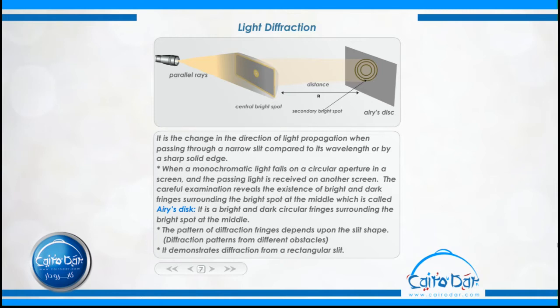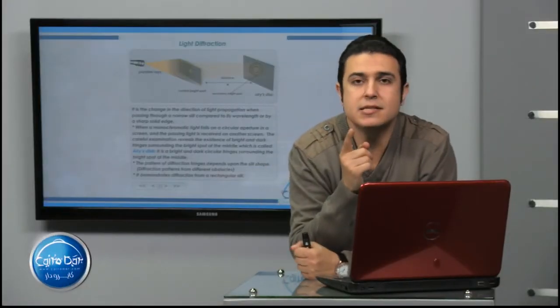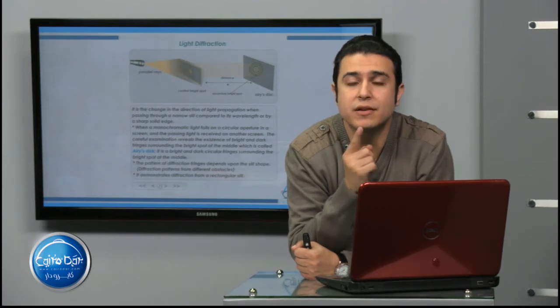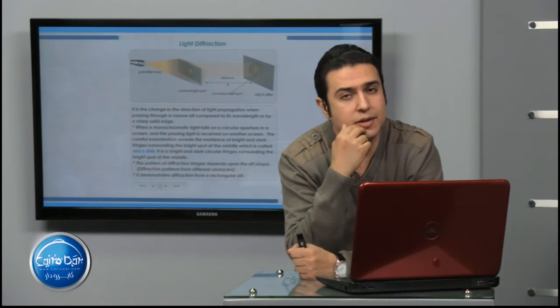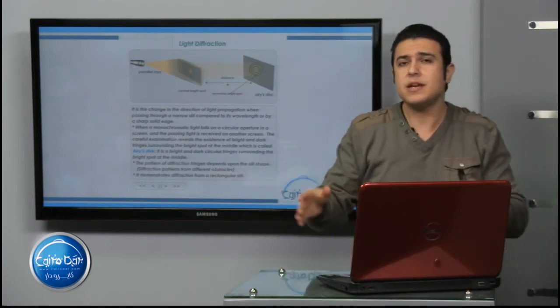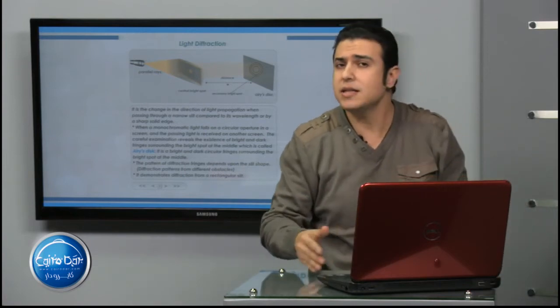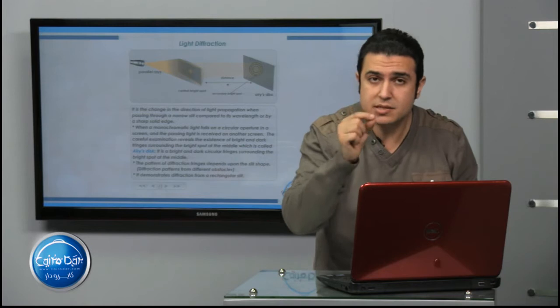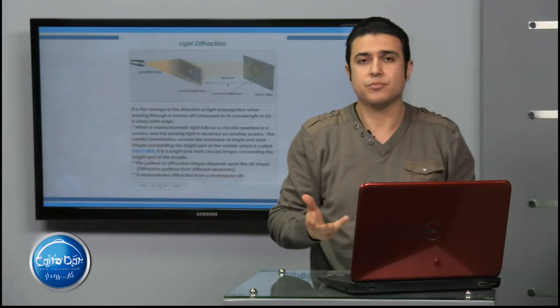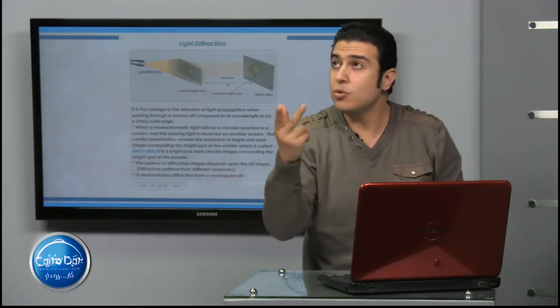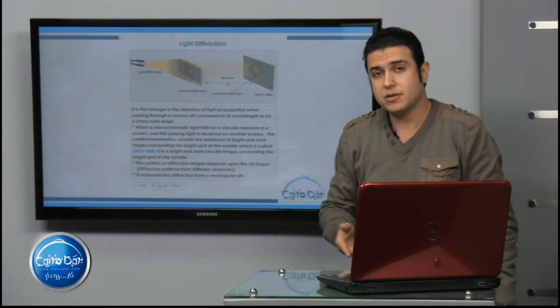But here the change in the direction of light happens when the light passes through a slit, but this slit is very narrow compared to the wavelength. Why? Because the wavelength of light ranges from 400 to 700 nanometers. So it's too short. Nanometer means 1 part of 10 power negative 9 meter. So to demonstrate light diffraction is very difficult,